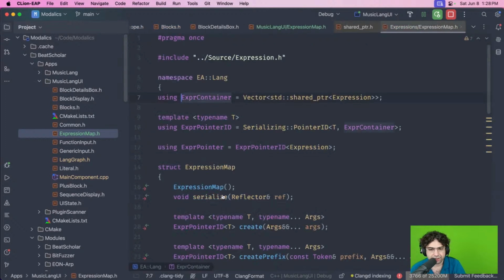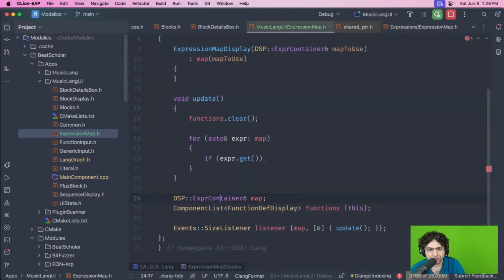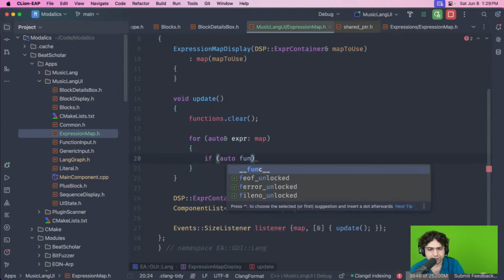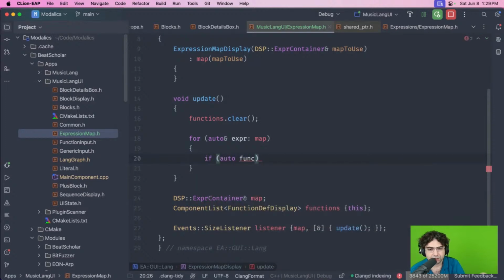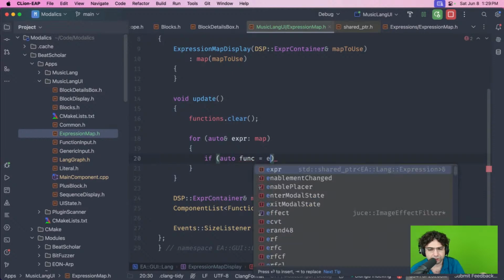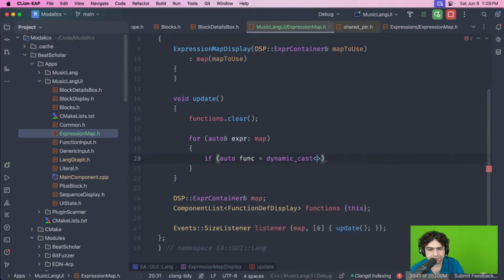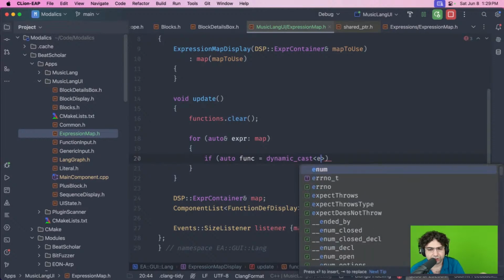Okay, so there's no get as because it's a shared pointer. Usually I wrap stuff and then I add this function. So I wanted if O2 func equals expression dynamic cast of